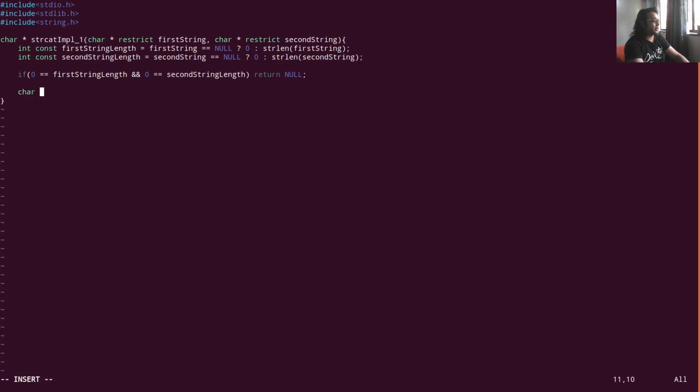And I will say char star constant new string is equal to, if the length is 0, then